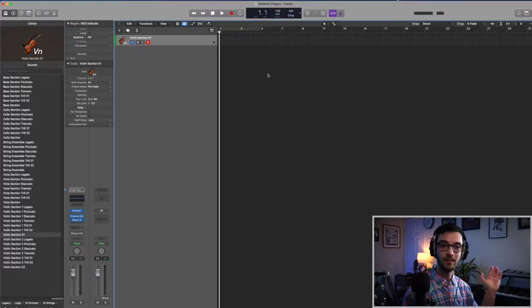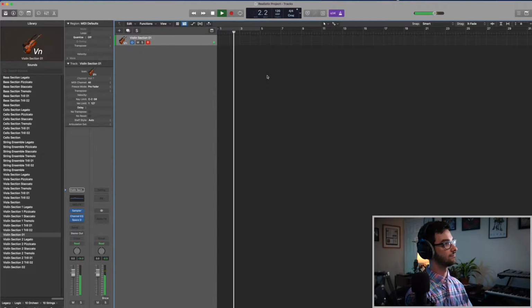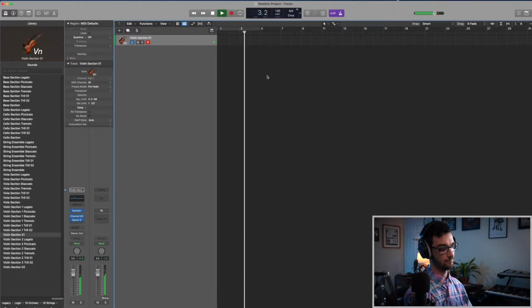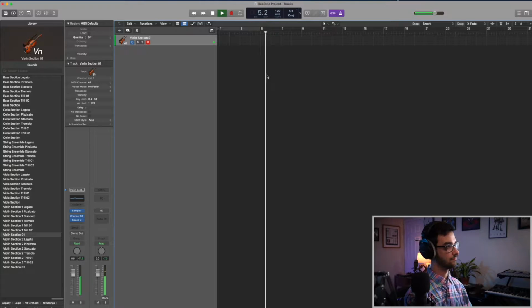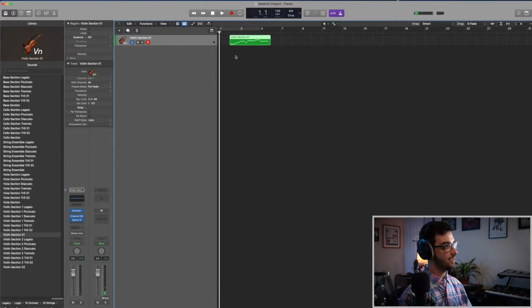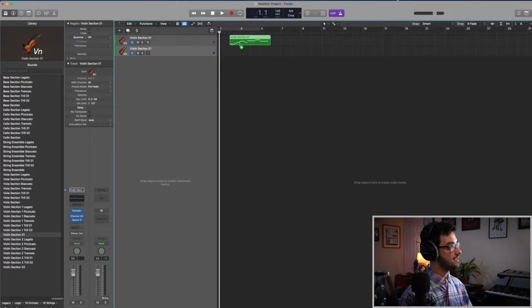We have to use both the sample triggers, meaning the loud and soft samples, and the volume simultaneously to create a realistic sound. So the first thing I'm gonna do is just play this thing completely flat so you hear what it sounds like when we're not doing anything. Okay, now let's duplicate the track with Command D, and we're gonna take this MIDI,